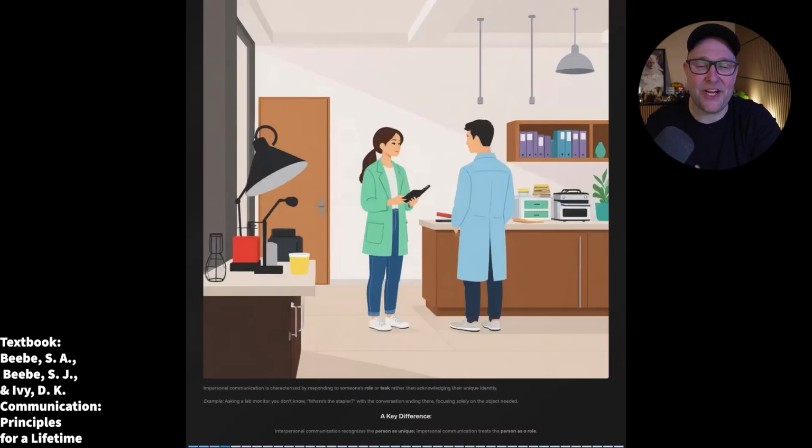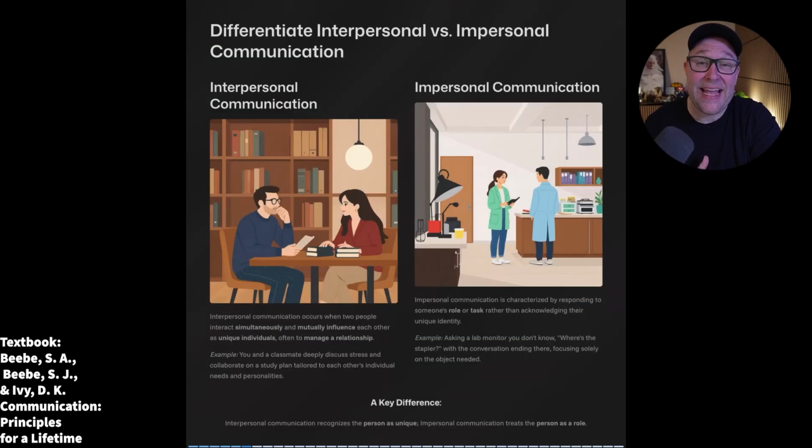Impersonal communication is characterized by responding to someone's role or task rather than acknowledging their unique identity. An example is asking a lab monitor you don't know, "Where's the stapler?" with the conversation ending there, focusing solely on the objective needed. A key difference is that interpersonal communication recognizes that the person is unique, whereas impersonal communication treats the person as